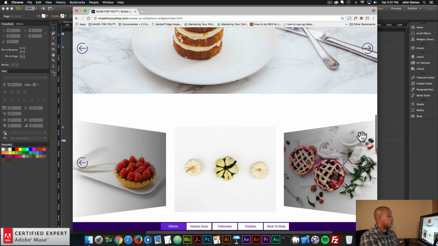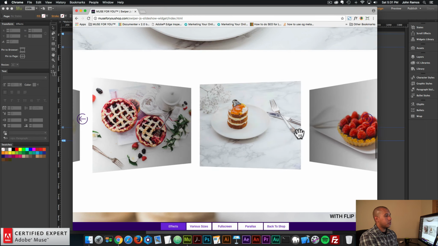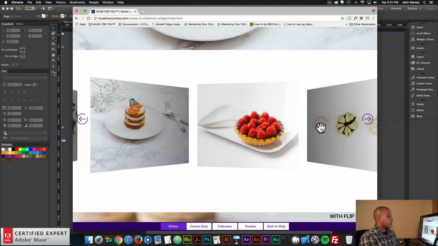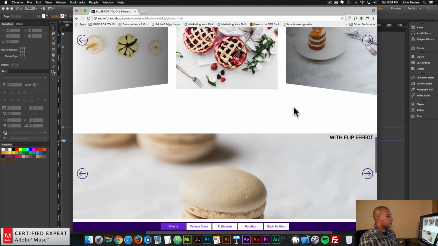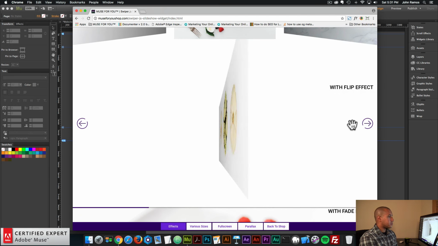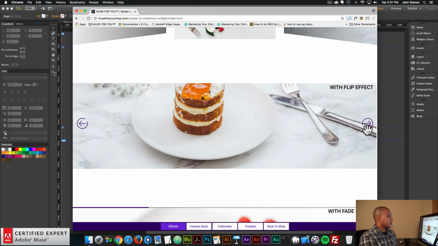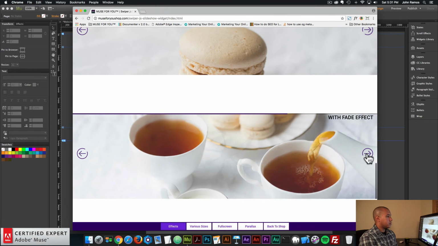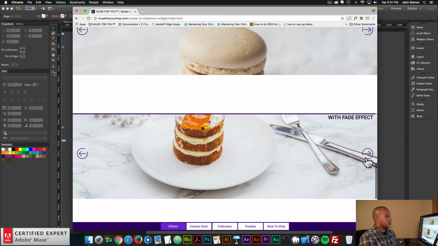way. And here's another example of the cover flow with 3 images per view. So I'm showing 3 images here. And I really like this effect. It just looks really nice. And then we have a flip effect where the slide just literally flips, just like this. Looks good. Okay, and then we have a fade effect, so they just fade in and out into the different